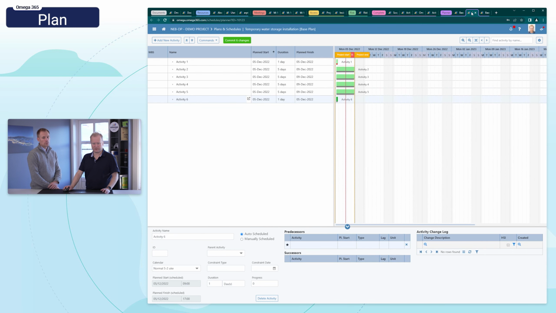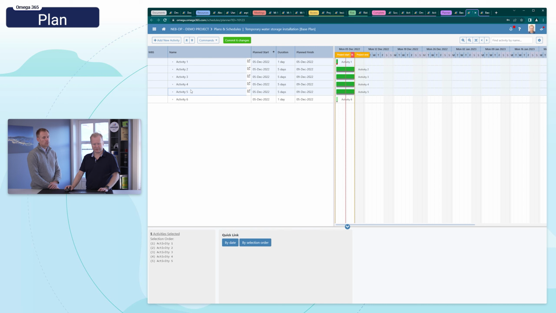And moving over to this one, we have a new way of doing fast relation between activities. So if here I have 6 activities, and let's say I want to have a relationship between these activities, I can mark these 5 first and do quick linking by date or by selection order. I select the selection order now in this case, so it will take activity 1, link it to activity 2,